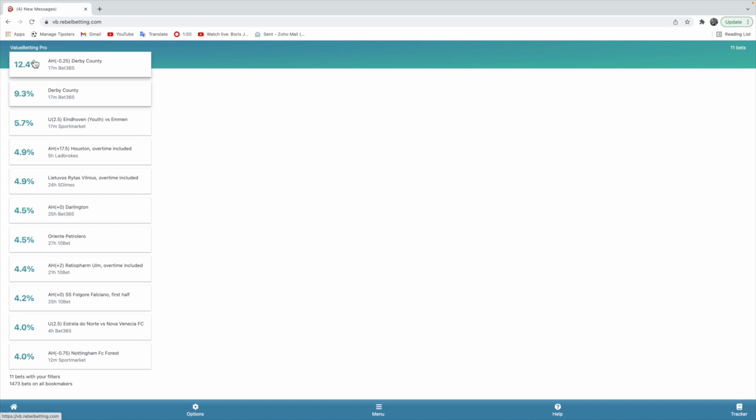This is, as you can see, the Value Betting Pro, and this is the expected value on each one of these bets, right? The name of the bookmaker, how long it is until a match starts, and you click it,